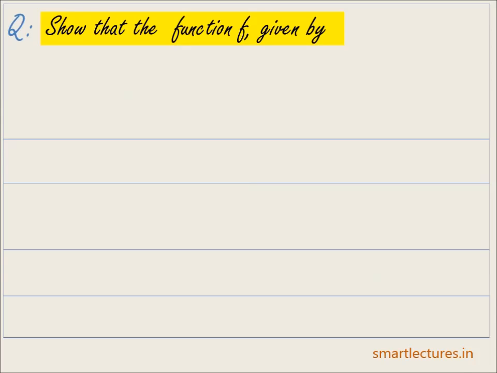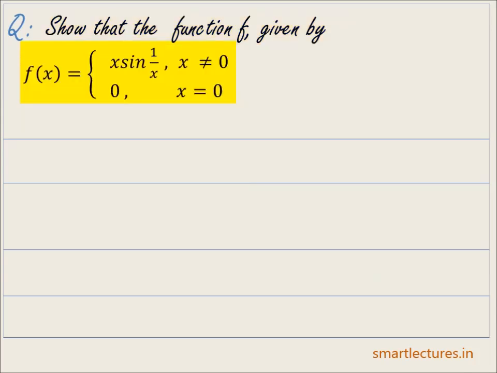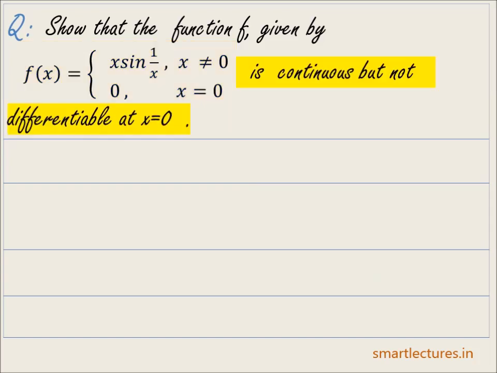And now let's solve one more question. Show that the function f of x given by f of x is equal to x into sine of 1 upon x, where x is not equal to 0, and f of x is equal to 0 when x is equal to 0, is continuous but not differentiable at